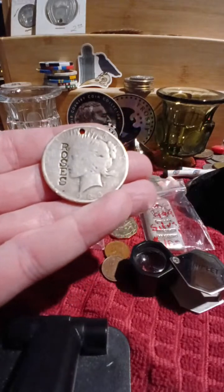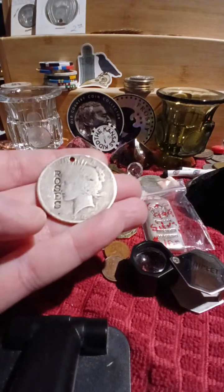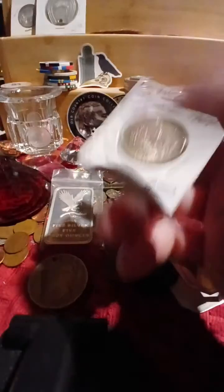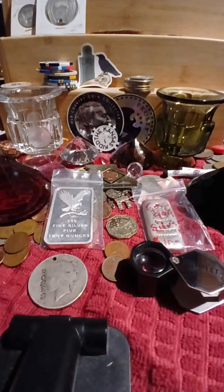I don't expect to ever make more than melt for it when I sell it. If melt's higher than when I bought it, then I've made a little money. Although it's going to be hard to figure it out with melt coins, because how many do you have? If you saw my live from the other night, I've got loose junk silver, U.S. stuff, quite a bit of it, and in this little container, a lot of these were bought at or near melt, which this one is just about a third of an ounce,